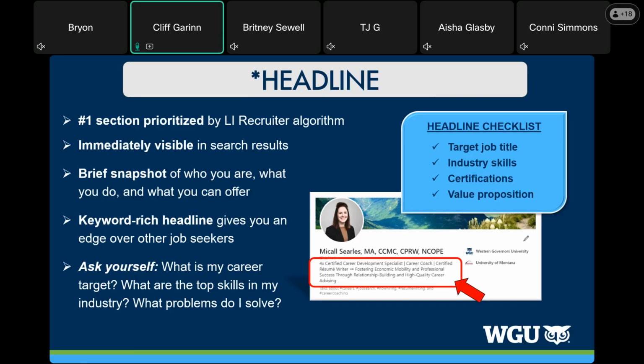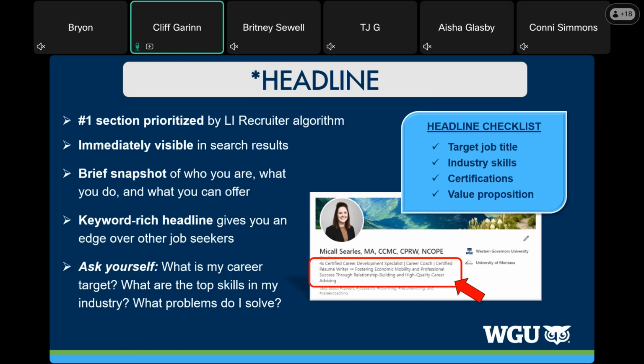You want to have it key rich, and you want to make sure that when you're writing your headline and some of the about section, your 30-second commercial we're going to get into in just a moment, it needs to be about what is your trajectory? Where do you want to go with this? Now, you may add some of your background information, of course, but it needs to be future oriented.